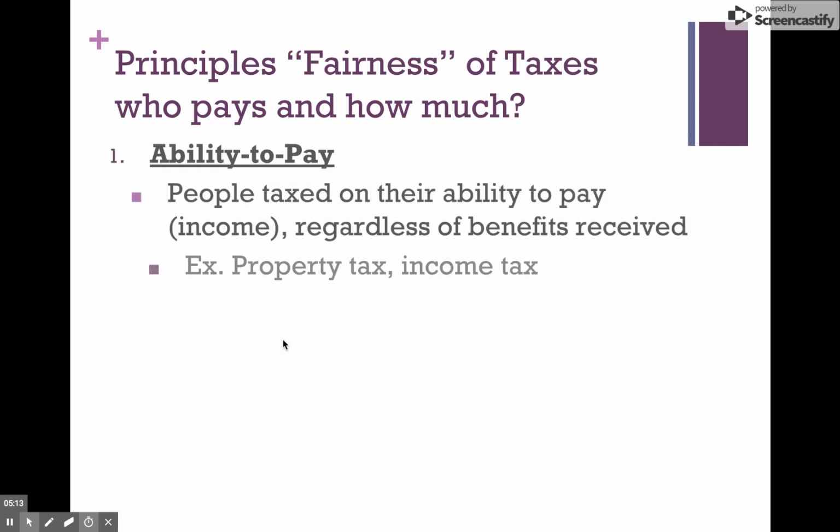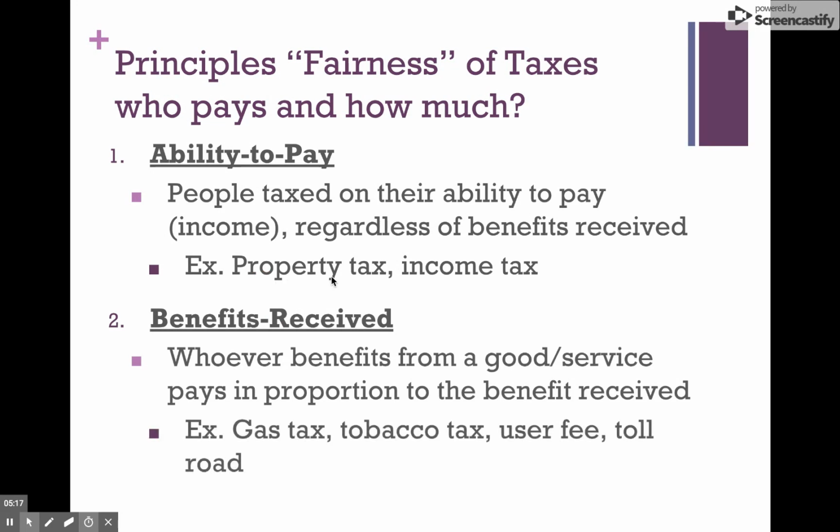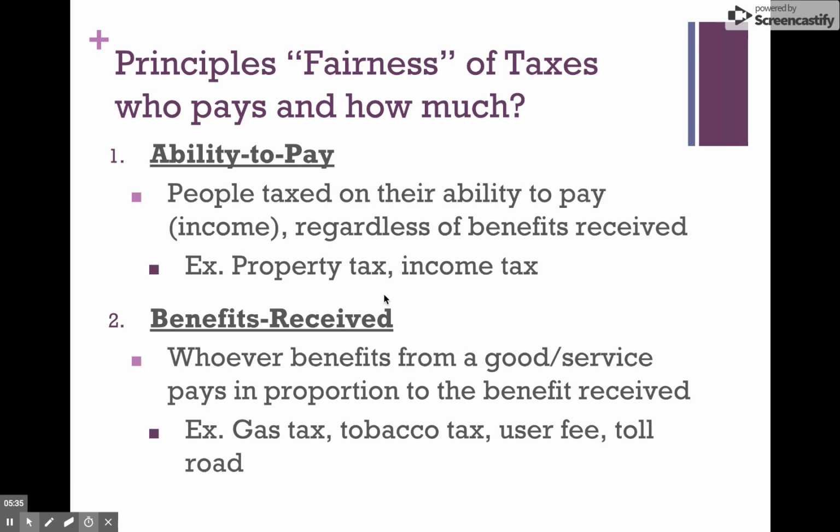So the taxes are then based off of, do you have the ability to pay, or is it a benefits received? So if you have a property or an income, that means that the government has decided you have the ability to pay a tax, versus a sales tax. Well, that is a benefit that you're getting. You're buying these products. You're using the toll road. So you're receiving a benefit from those things. So that's the idea of the principle of taxation.